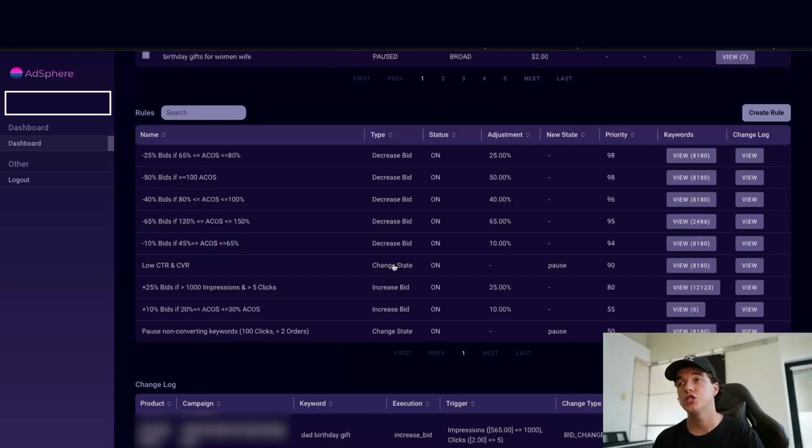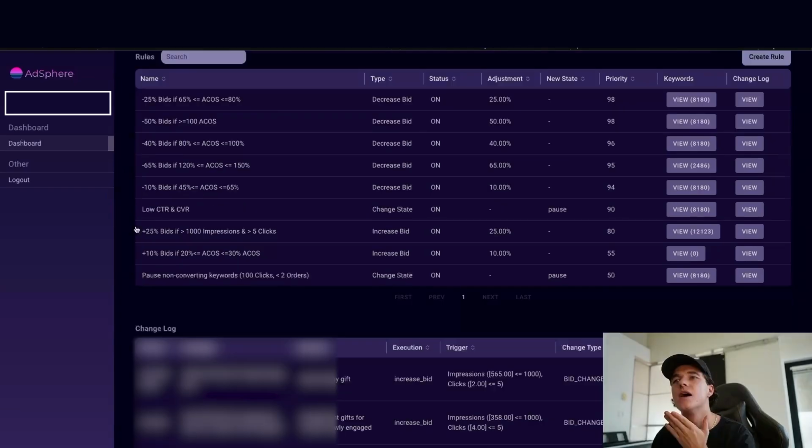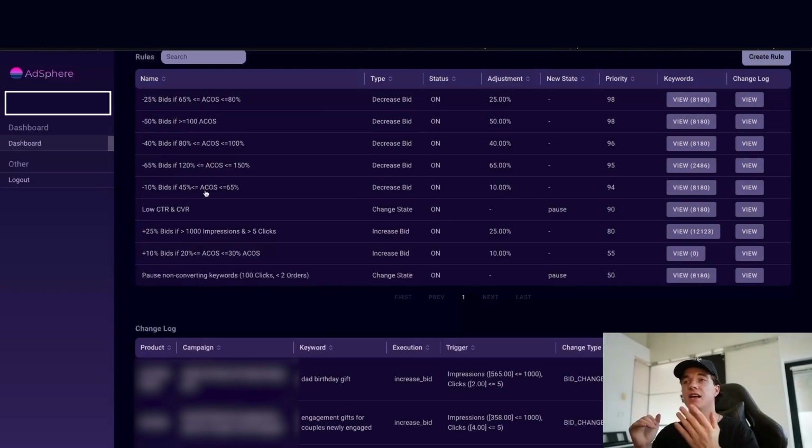Theoretically here, we should get around 1.25x the amount of clicks, 1.25x the amount of sales. Therefore, $70 in this case should get us $125 in sales. So again, then it would fall into this bucket over here. We would say decrease the bids by 10% if the ACoS is between 45 and 65. Therefore, in this case, we got it down to 50% ACoS, but we're still not profitable. We want to decrease the bids again there, guys, to get it below 45%. And we're going to continue to do that, continue to increase those clicks, all in the background automatically, just for